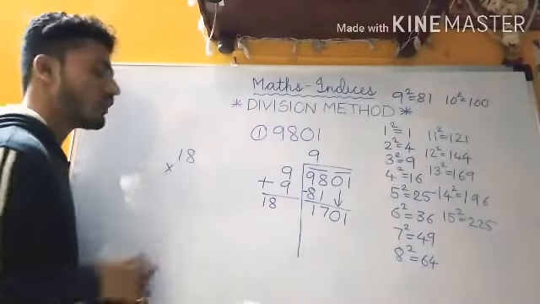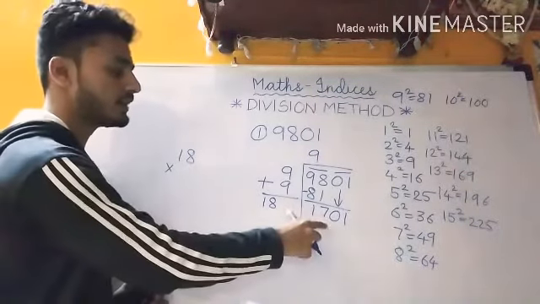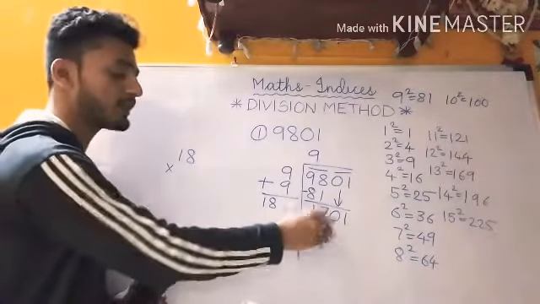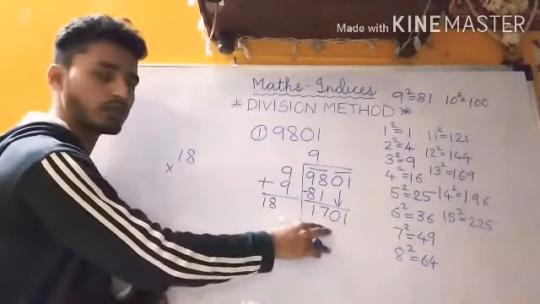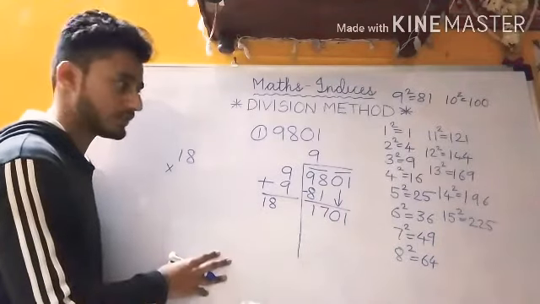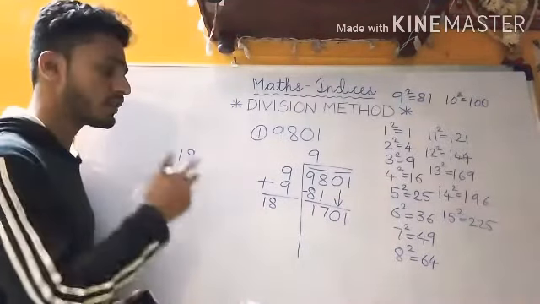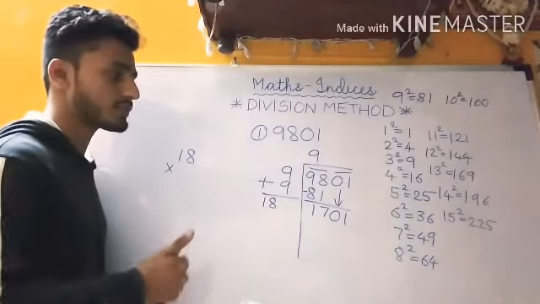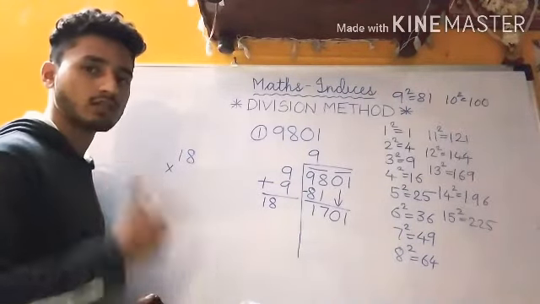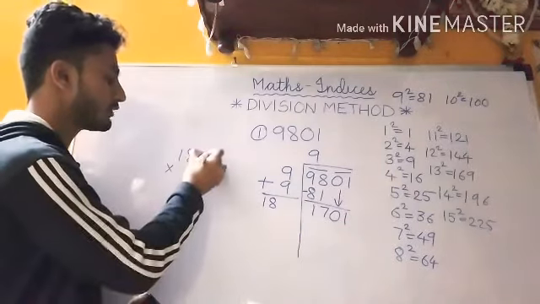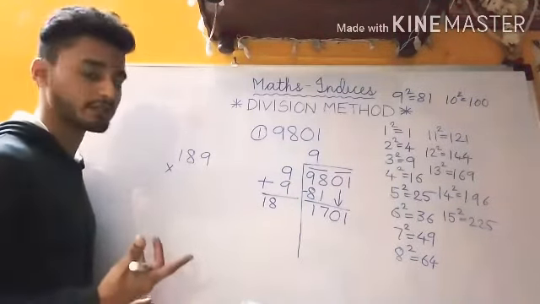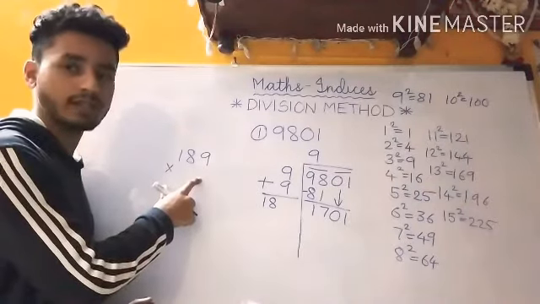Like this you have to try all the possibilities until you get this answer or a number which is smaller than this. You should not get a bigger number. You should get at least equal to it or smaller than it. Now when you try all the possibilities, it is not possible for 5 also, neither for 6 nor 7 nor 8. We are going to directly go for 9. You can try all the possibilities, but since we don't have that much time, I am going to jump directly to 9.